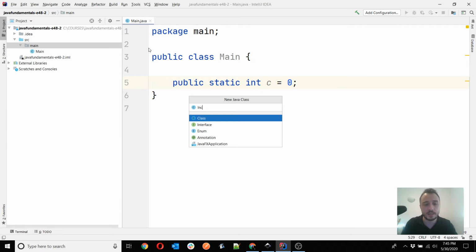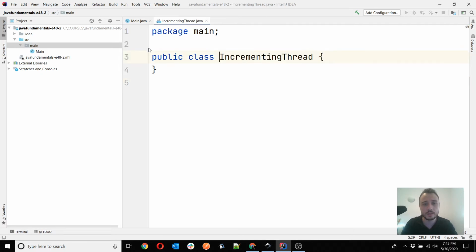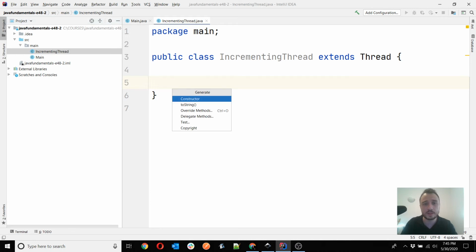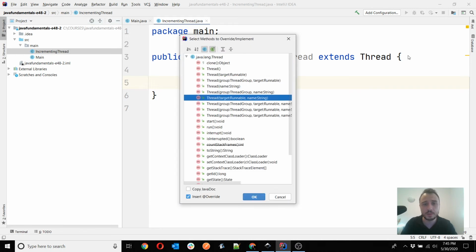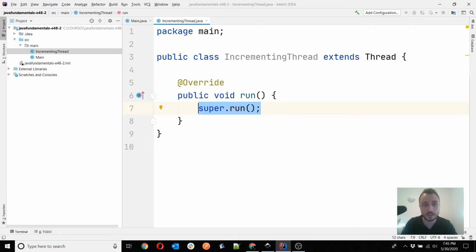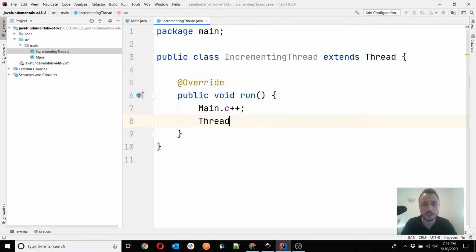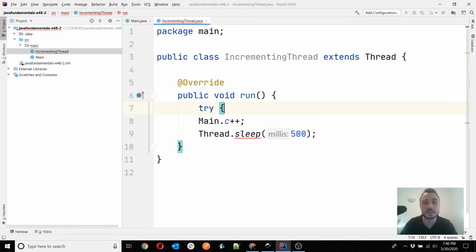So again I say incrementing thread, which extends thread, and what basically this thread does is simply incrementing the value of C, sorry, in my case it's not x, it's C. Let's say even we have some sleep here, and it does that every 500 milliseconds.